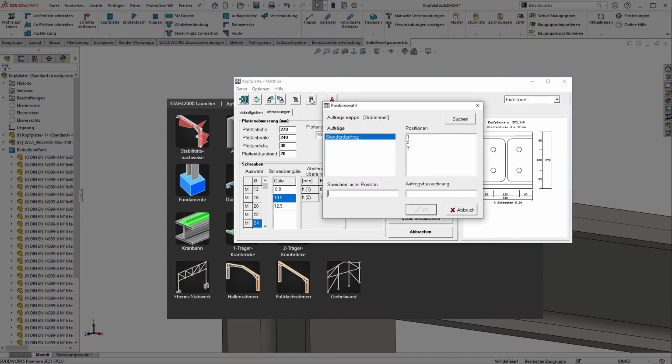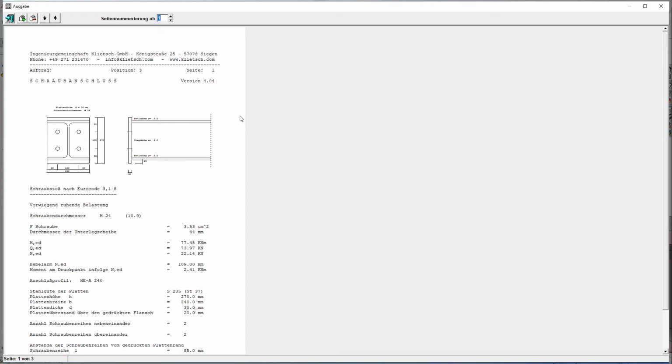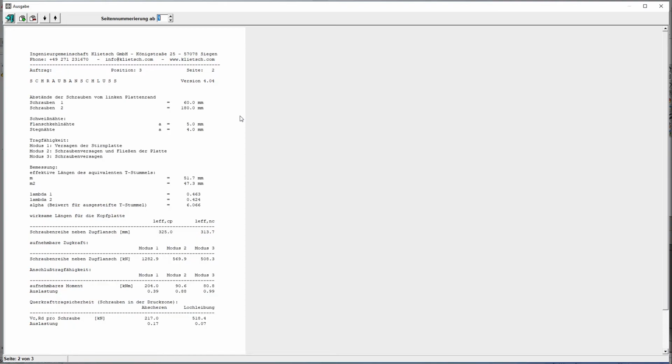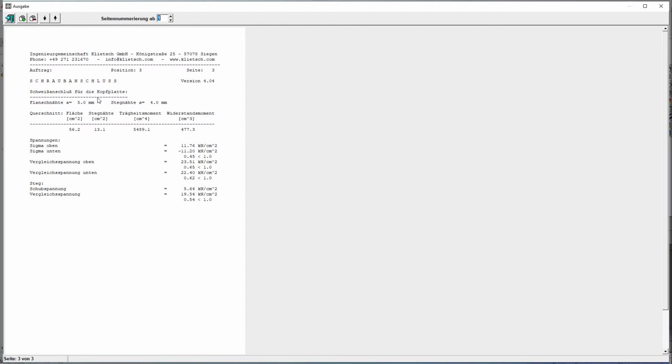So we can start the calculations immediately, and again the result appears as a PDF directly after assigning the position number. On the first page the inputs are summarized. Let's have a look at page 2. Here we see the most critical value for mode 3, the screw failure, with an utilization of 0.99. This is indeed very close to 1, but still okay. All other values are uncritical. With this we have now very quickly discovered how we have to change the end plates in solid steel.